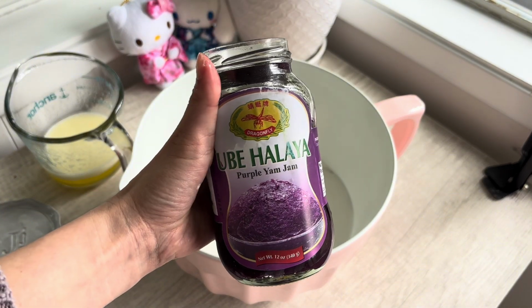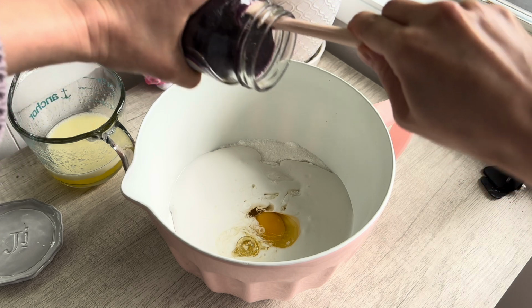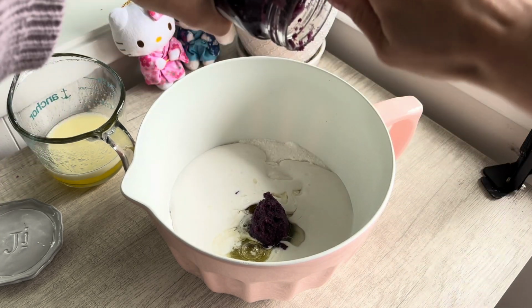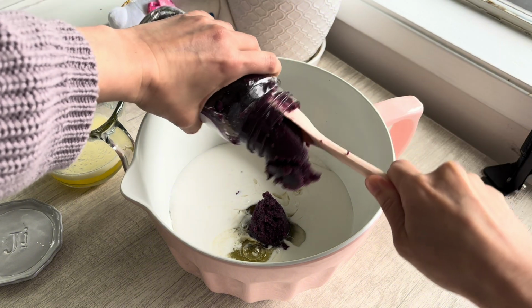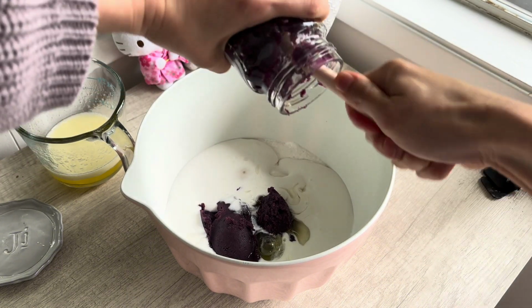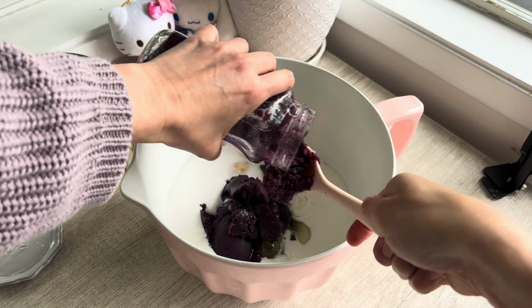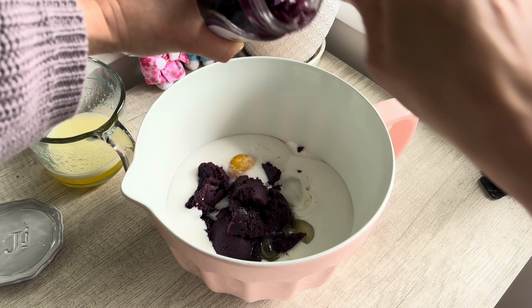This is my preferred brand of ube halaya. It is an ube jam, and I noticed that the first ingredient listed is purple yam, and there's actually no coconut milk or coconut in the ingredients for this one. So you're really getting a good amount of the yam itself. A lot of other brands are really high in fats,